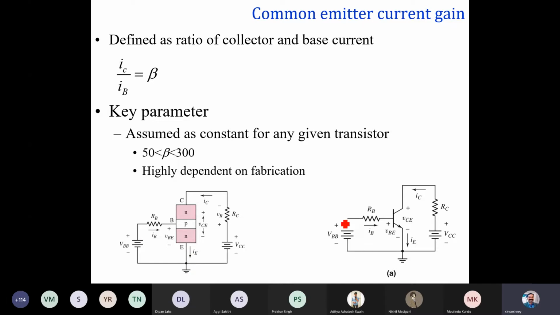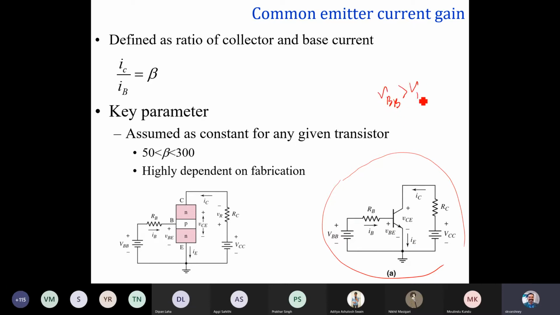The output that we are measuring is across the collector. You can see the collector to base junction is in reverse bias because you connected the positive terminal to the collector. That makes it reverse biased, whereas this one is forward biased. If your battery, the DC supply, let's say VBB here, is greater than VBE on, because it's a PN junction, we consider it as 0.7.